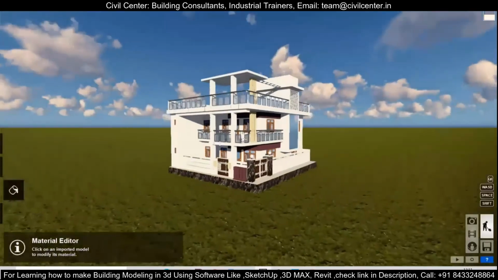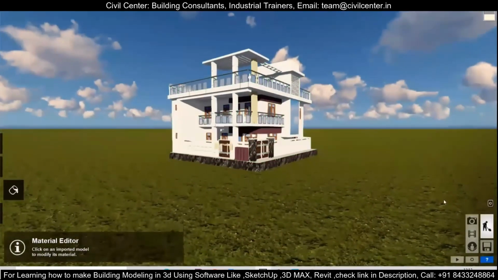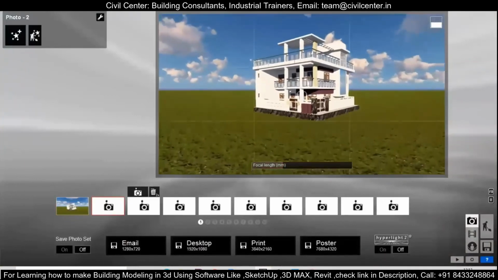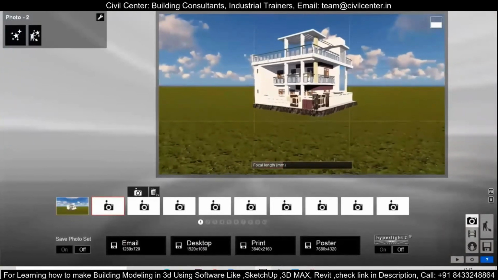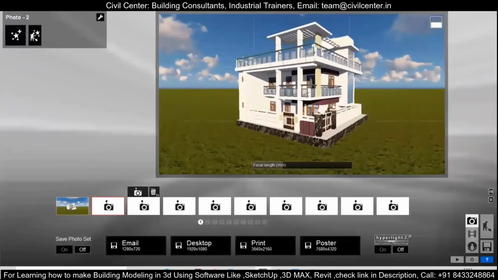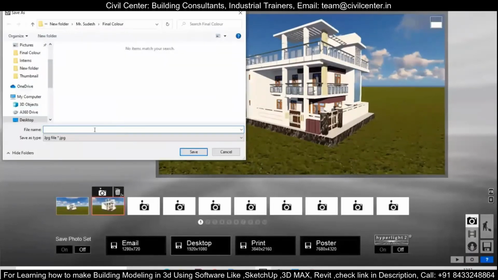I will reduce the gloss and reflectivity and everything, and now I can set the angle, and I can always go over here, select the focal length of my choice, increase my focal length so that I can bring this image closer to me and I can get a full view of it, and I will simply store it.